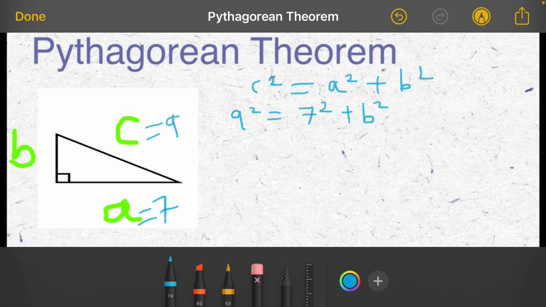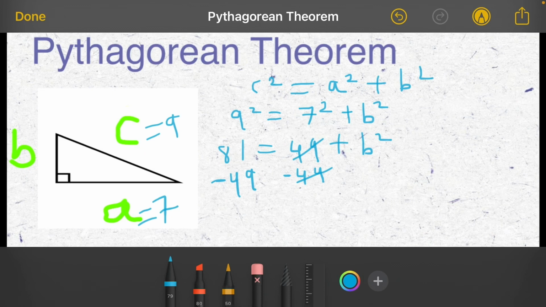C squared equals a squared plus b squared. We said that the value for c is 9, so it's going to be 9 squared equals 7 squared plus b squared. What is 9 squared? It will be 81, right? Equals 7 squared is 49